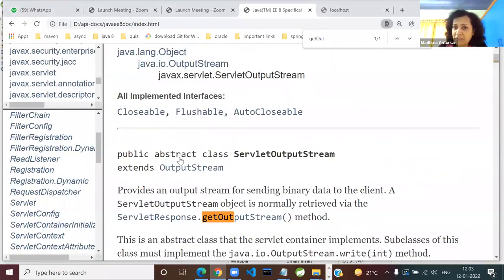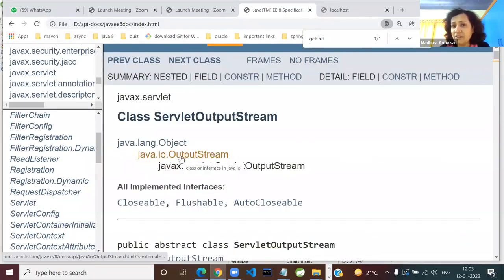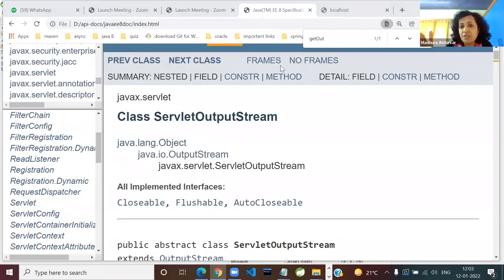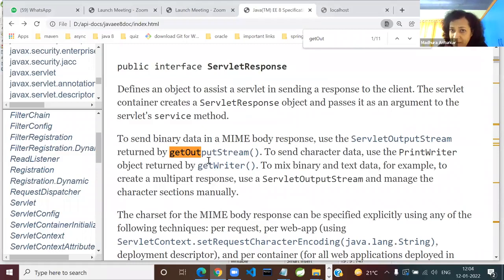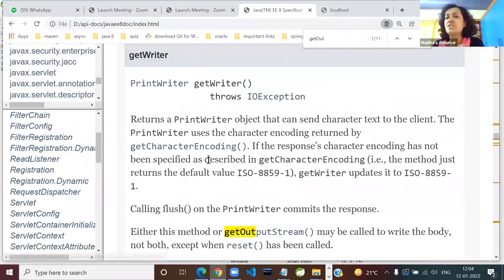Are we in the binary world or are we in the character world? Are you remembering anything from IO? Do you remember those 4 hierarchies? Input stream, output stream, reader, and writer. So this was for the binary. But since our whole exercise is around sending text/HTML, sending the HTML text, we will end up using get